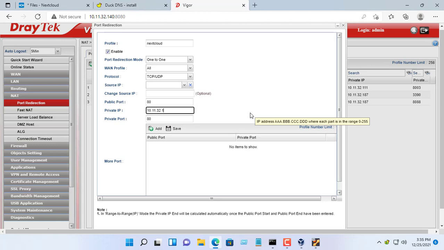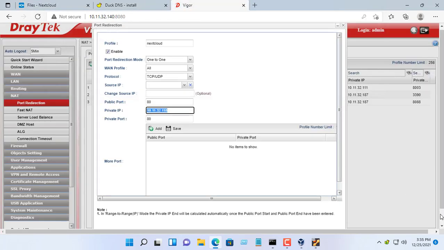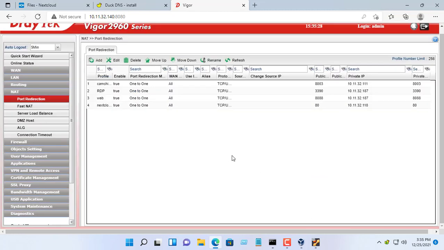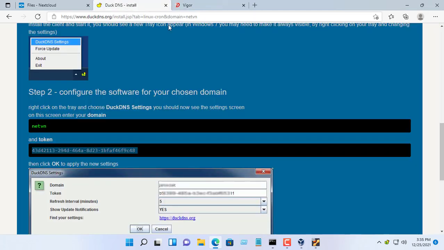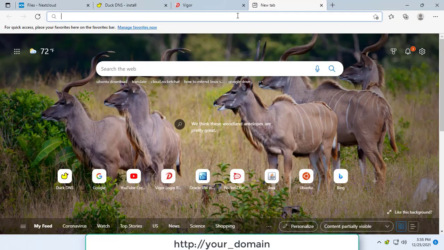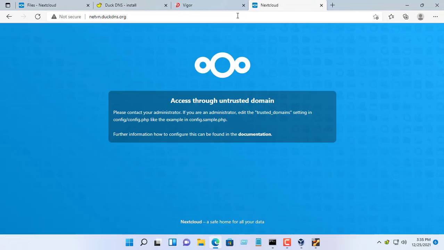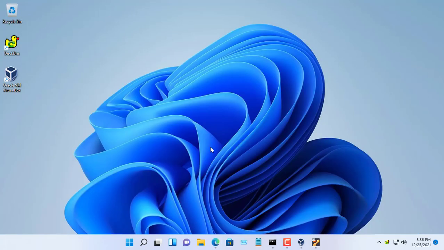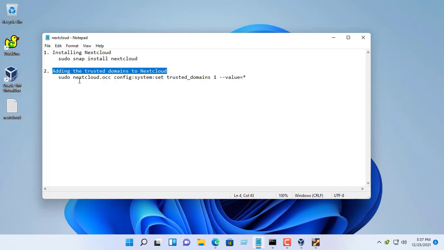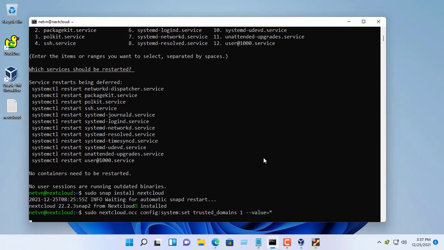You need to enter the correct IP address of Nextcloud. By default, Nextcloud will restrict access, so you need to add a command to allow access. This command you will find in the description of the video.